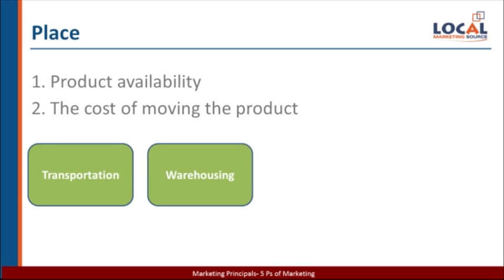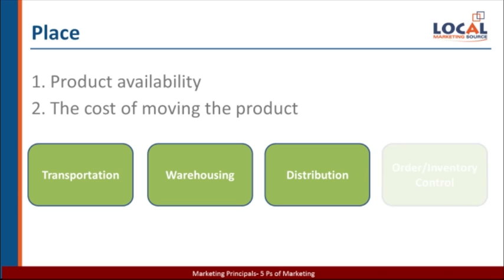Warehousing: storing products as close as possible to the greatest number of customers. Distribution: developing the best distribution models and options for a company's product or service, and how a company is going to market its product or service and to what degree in terms of the distribution. And finally, for physical products that we can hold,